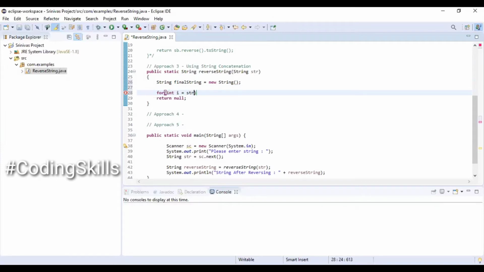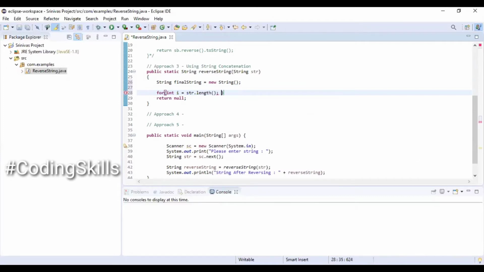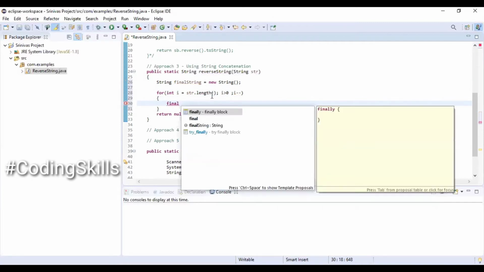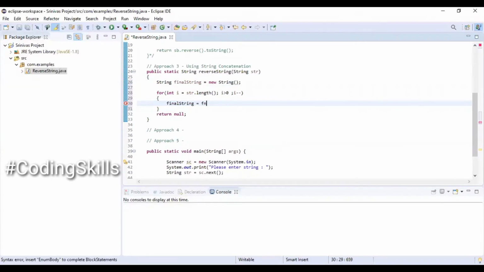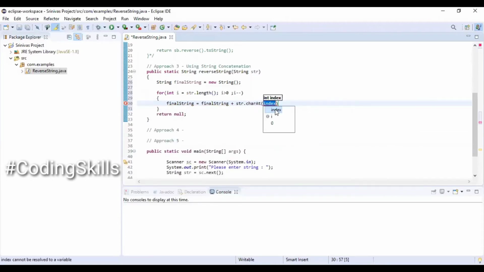For int i equal to str.length, i greater than 0, i minus minus. finalString equal to finalString plus str.charAt of i minus 1.